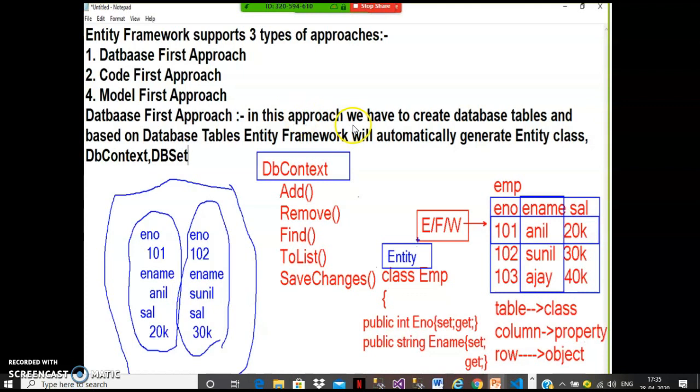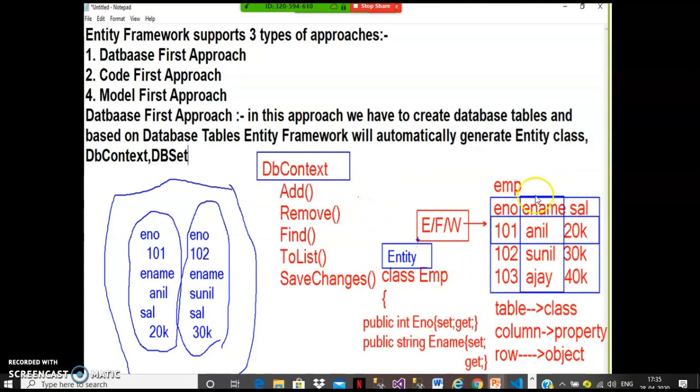So in database first approach, we need to create the database tables. Based on database tables, Entity Framework will automatically generate the entity class, DB context class and a DB set. So as a developer, you must know how to perform operations on collections. Is it clear? So this setup is ready.